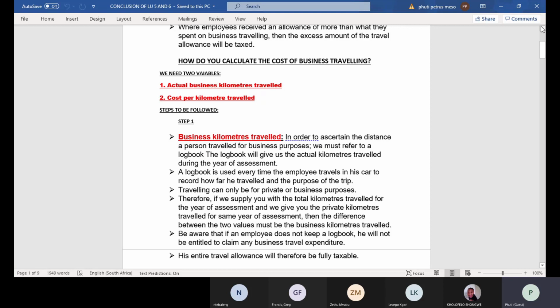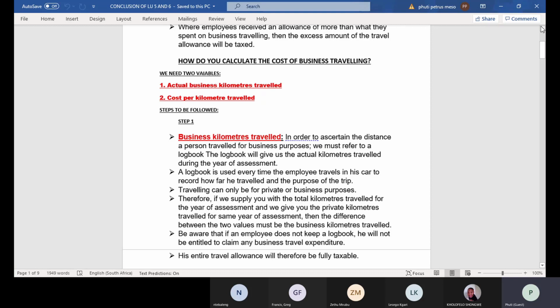A logbook is used every time the employee travels in his or her car, to record how far he traveled and the purpose of the trip. We need to know the purpose of the trip as the employee is traveling, because traveling can only be for private or business purposes. So you can be given the kilometers traveled for private or for business purposes, but also the total kilometers traveled, meaning that you're going to have 3 variables in order to calculate